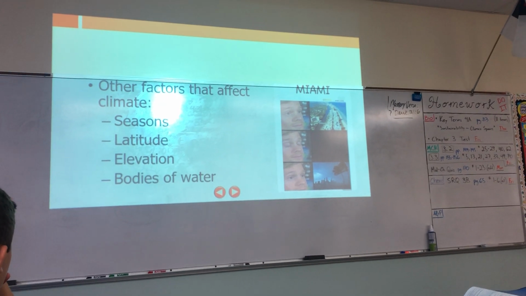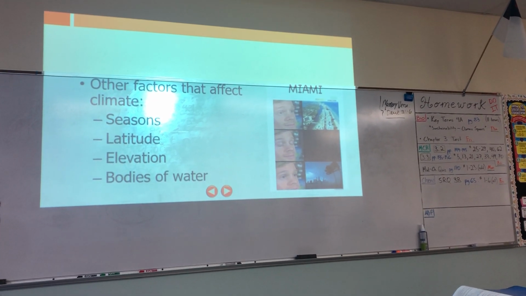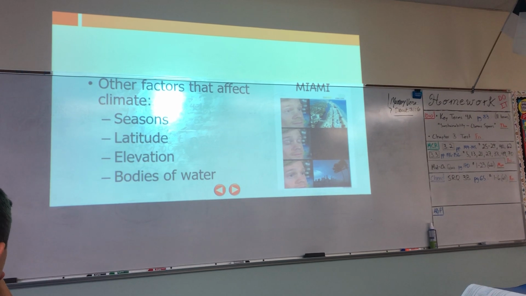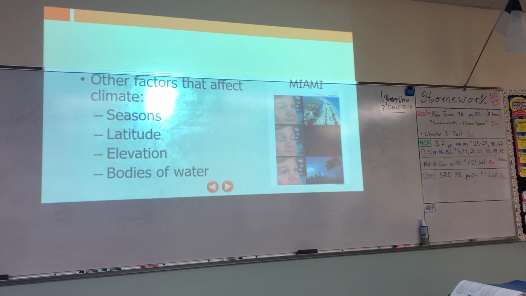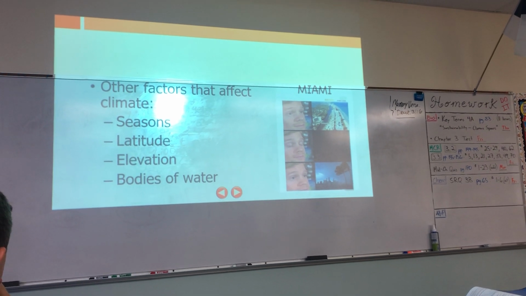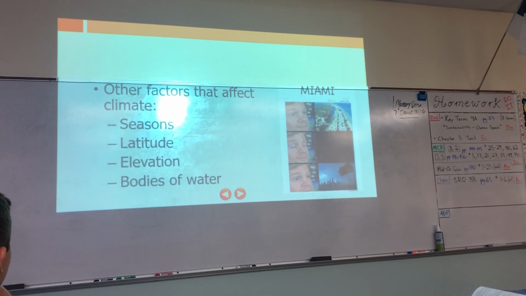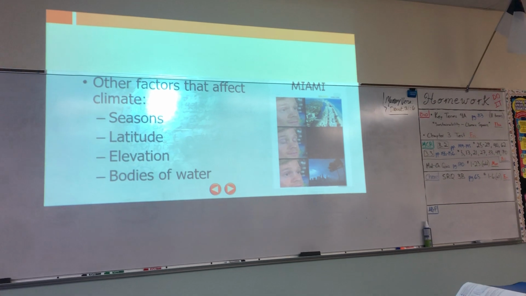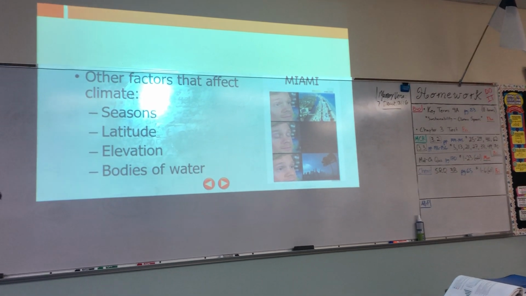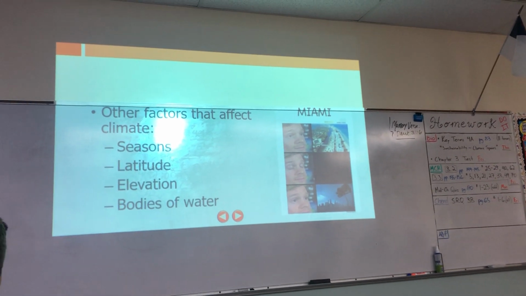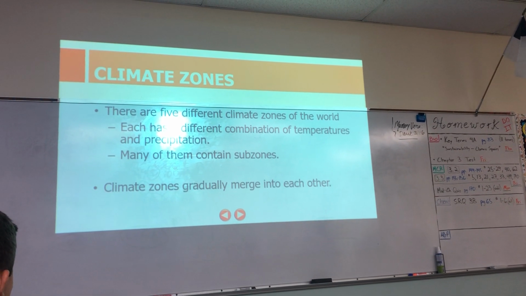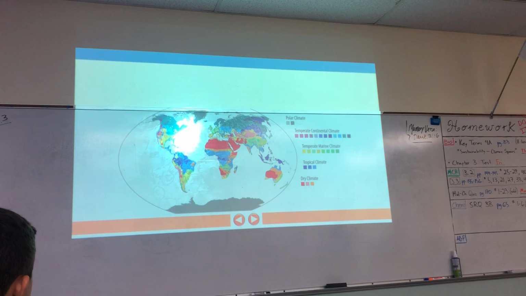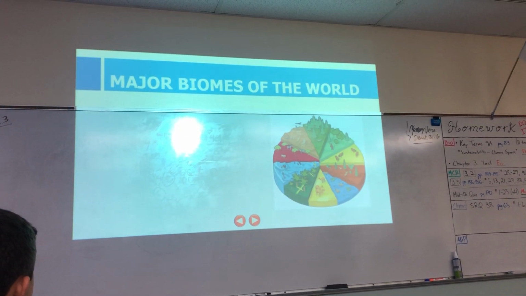Remember that the closer you are to a body of water, the more moderate your temperature is, because water absorbs a lot of heat, okay? So since water absorbs and keeps heat, we have more moderate temperatures than like the middle of Arizona. It'll get really cold at night or really hot during the day. We kind of stay the same temperature throughout. Okay, know the 5 different climate zones. All right, you guys know them already, hopefully.